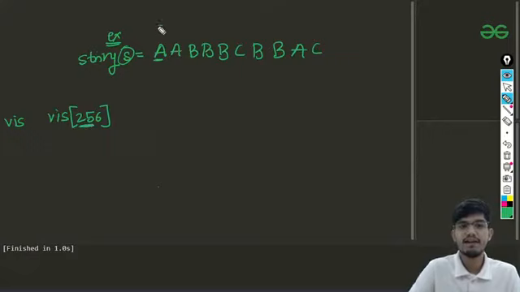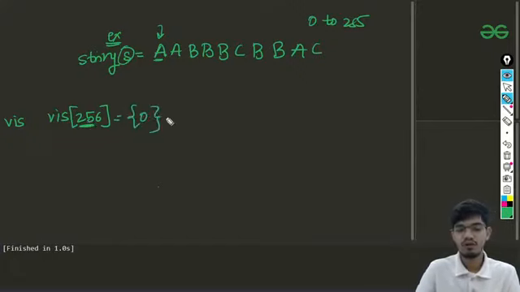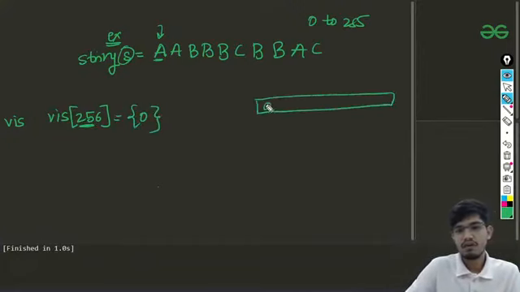Because I am dealing with characters, and the possible range of ASCII values lies from 0 to 255. So I'm taking a length of 256 so that all types of characters can fit into this, and I'll be putting all values as 0. So basically I have constructed an array of size 256, with all values 0 initially.